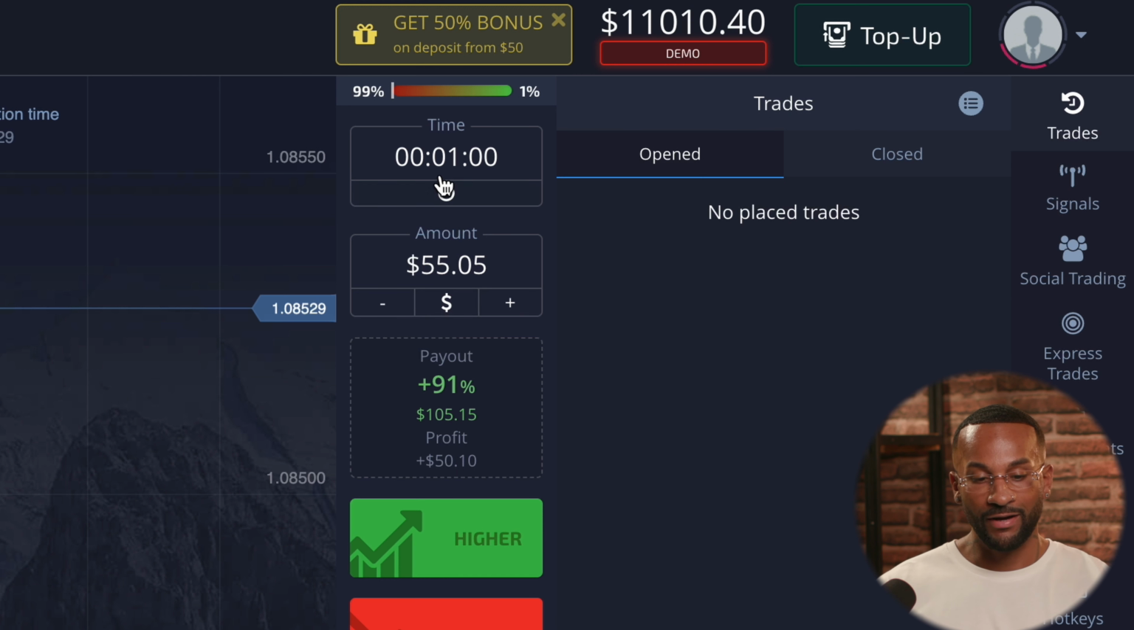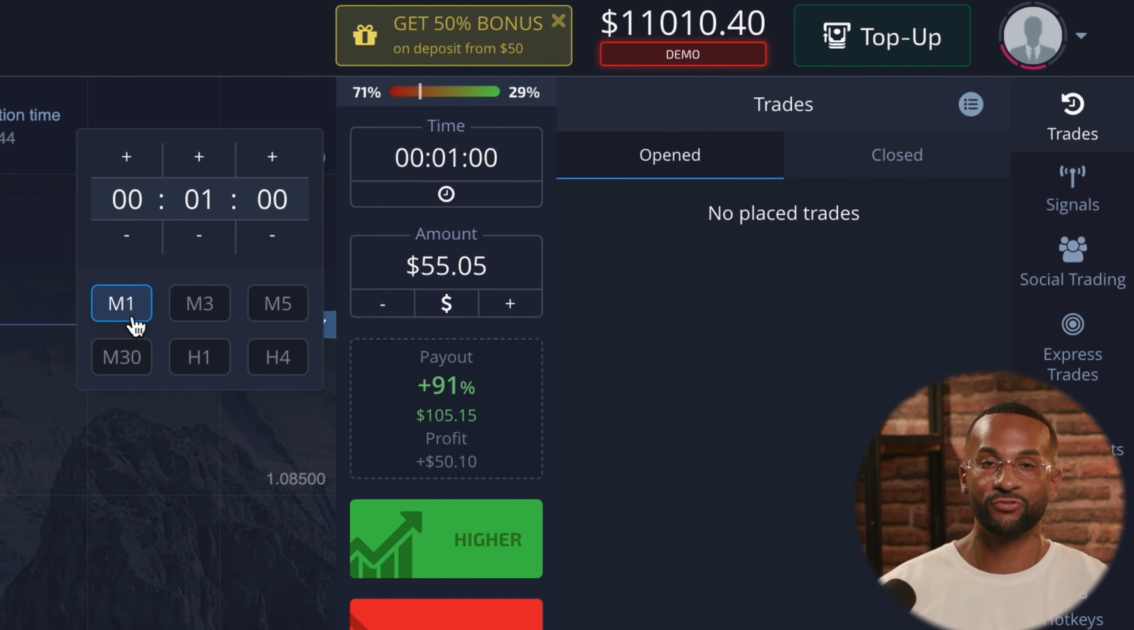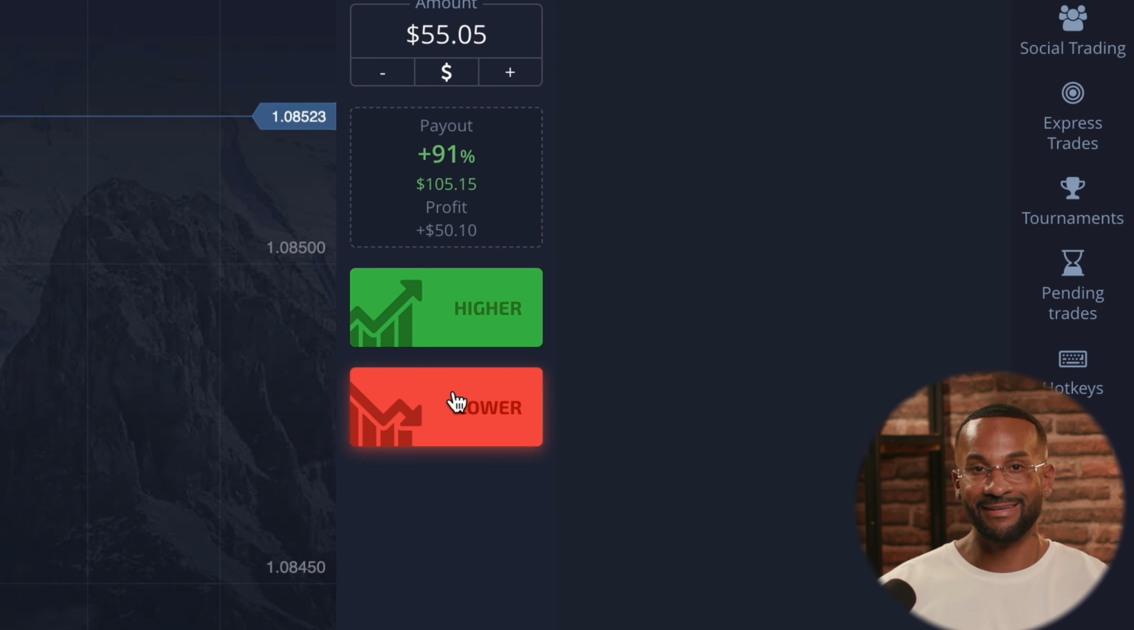Now, above the amount section, you've got the time, okay? And you can adjust that just by pressing up and down with the features, or you can flick between 3 minutes, 5 minutes. Now, typically I trade 1 or 2 minutes, and in future videos, I'm gonna be giving you guys strategies that I use. But for the sake of this video, I'm just gonna place a sell by clicking the lower button,